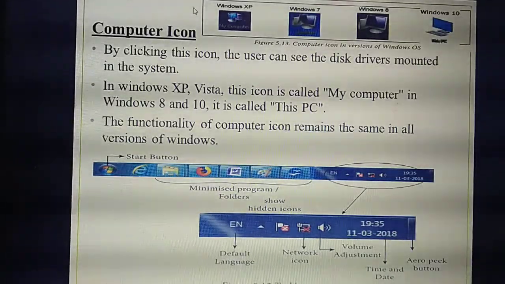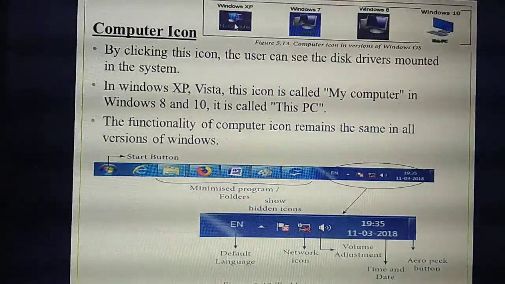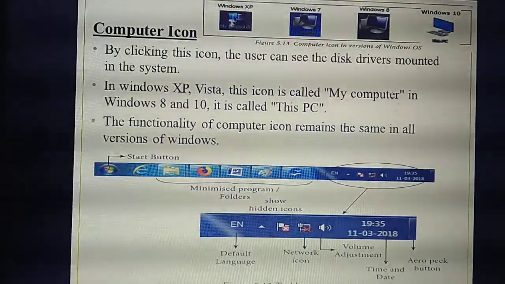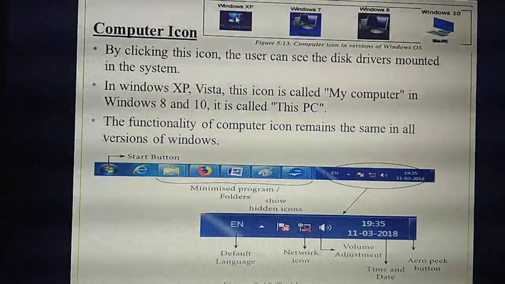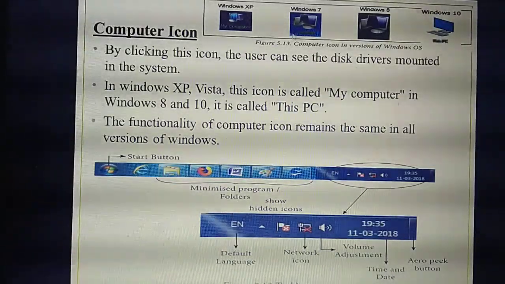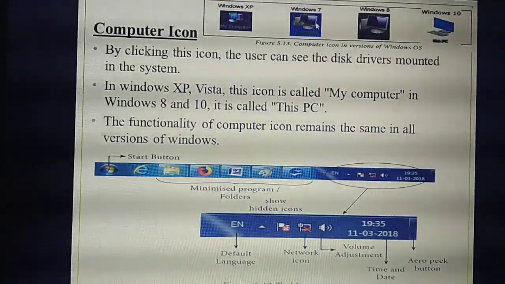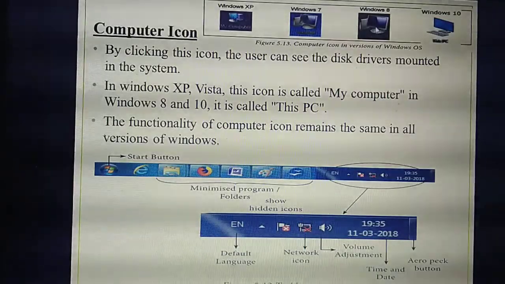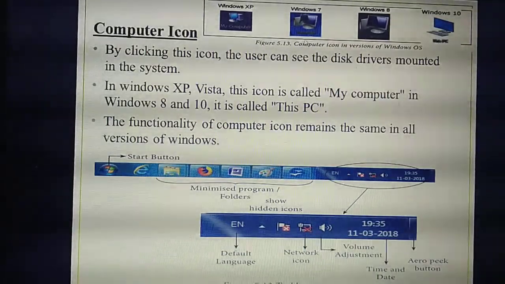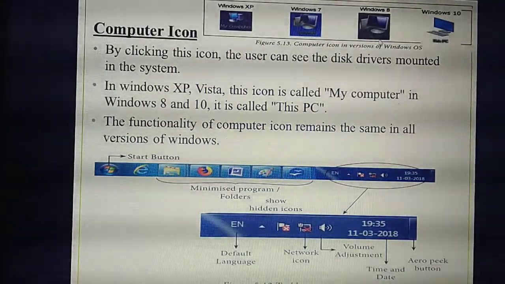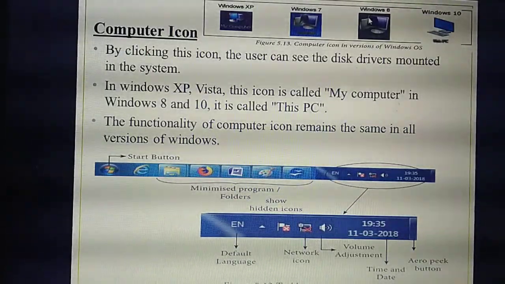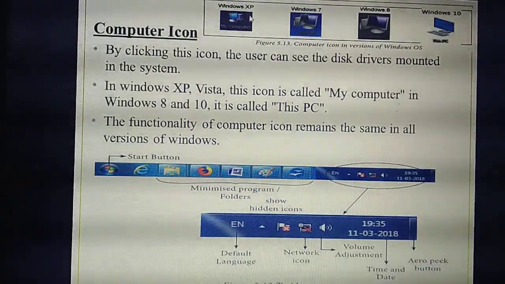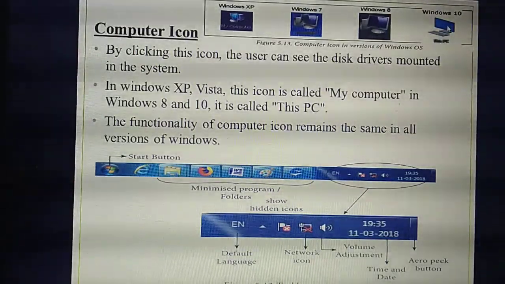Okay, this is the symbol for computer, my computer. How is it visible? If you have seen Windows XP, my computer will be displayed in this picture. If your system is installed with Windows 7, the my computer symbol will be displayed as the second one. In Windows 8, instead of my computer they have given this PC. Sometimes they will ask for the differentiation between Windows XP, Windows 7, Windows 8 and Windows 10.